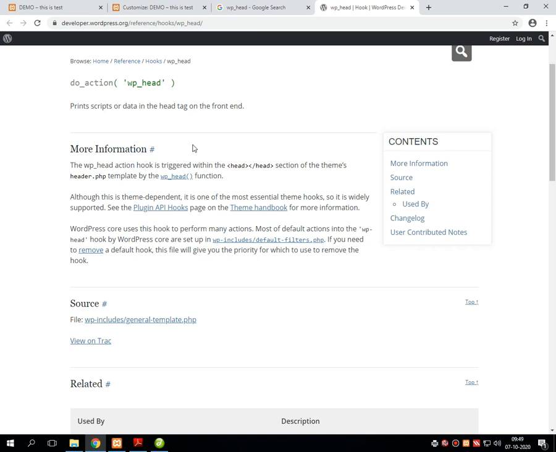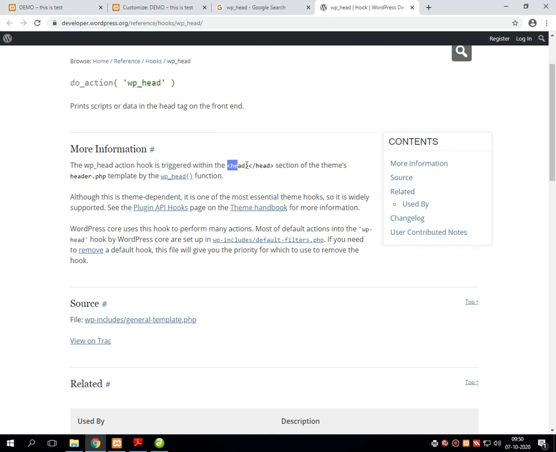This word is new for all of us in our subject for unit number 4, that is called a hook. Hook means what? In the general sense, whenever you hook something at your home, there is a cloth hook, a dishwasher hook, a knife hook, a keychain hook. Same like that, wp_head is a type of hook which is triggered within the head section.